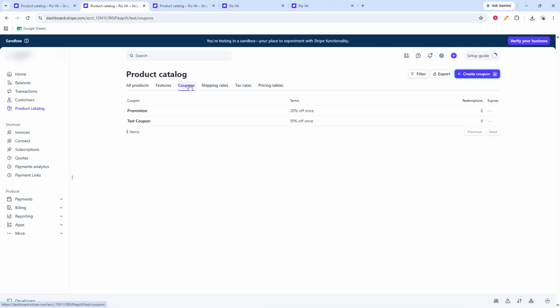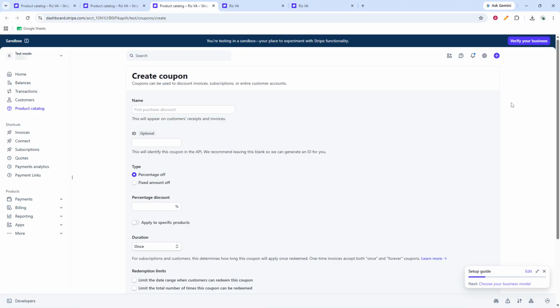On the Coupons page, click Create Coupon. Stripe will open the coupon setup form, where you can define how the discount should work. Begin by entering a name for the coupon. This name helps you recognize it later in the dashboard, so use something that clearly describes the offer or the